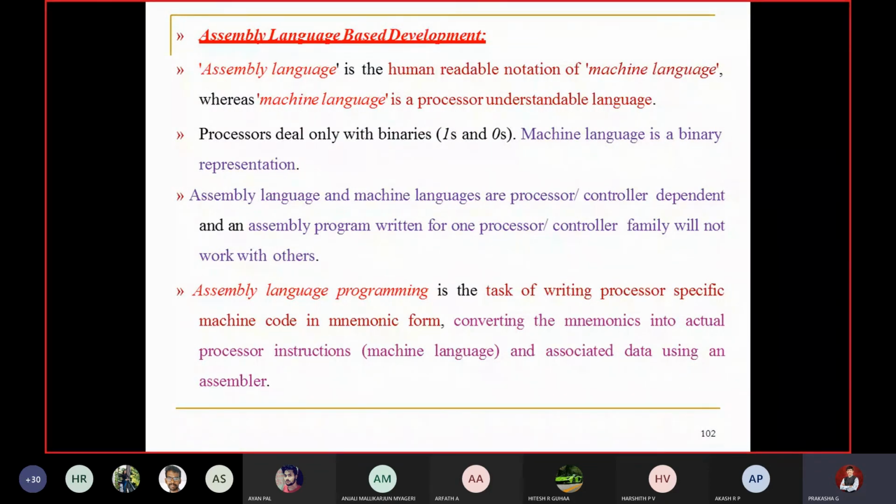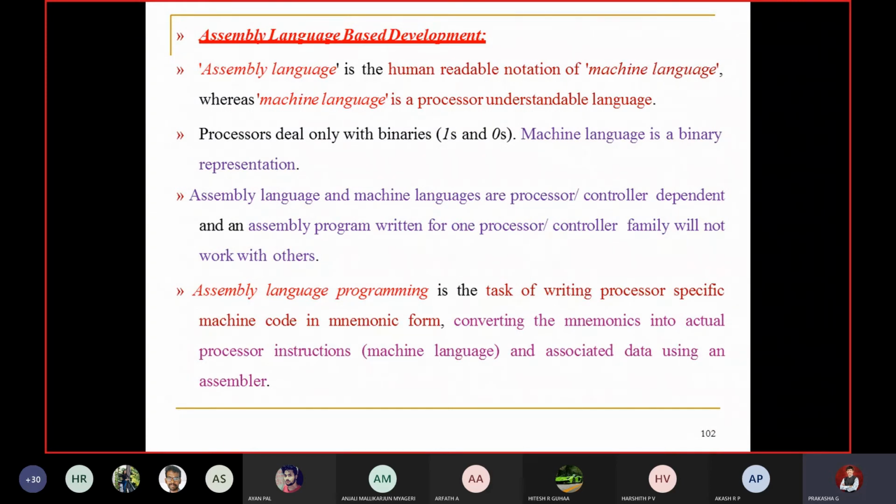See, there are so many different types of ARM processors. Atmel is there, different types of microcontrollers are there. 8051 is one type of microcontroller. And what we are using is LPC2148, that is another type of microcontroller. We have different vendors, like Motorola microcontrollers will be there, and Intel may be having their microcontrollers. So once you write code for one type of microcontroller, the same cannot be used for some other one. Some small changes should be there.